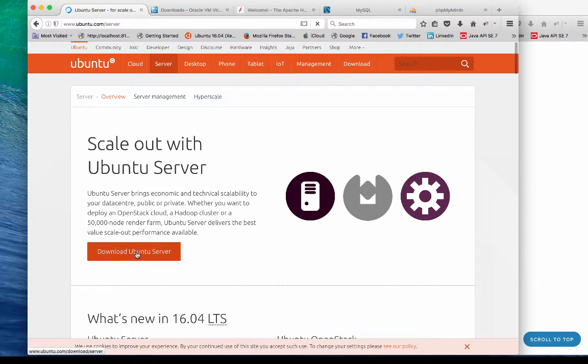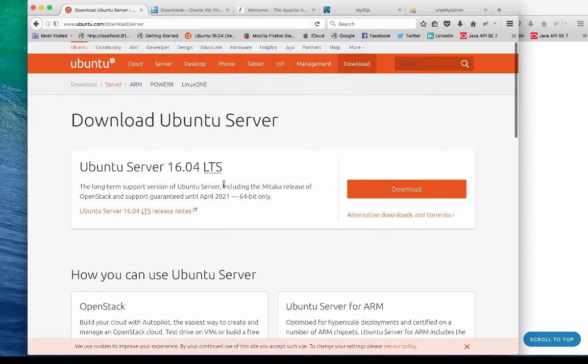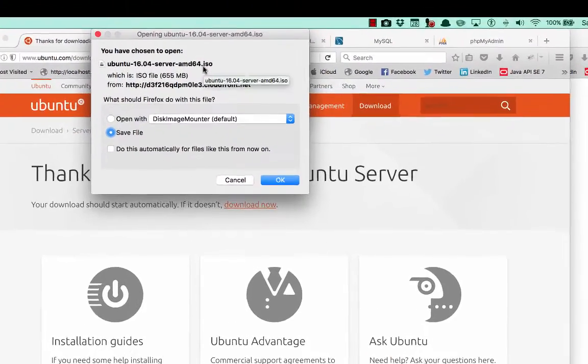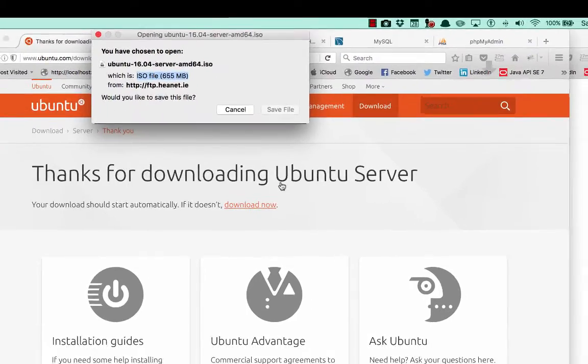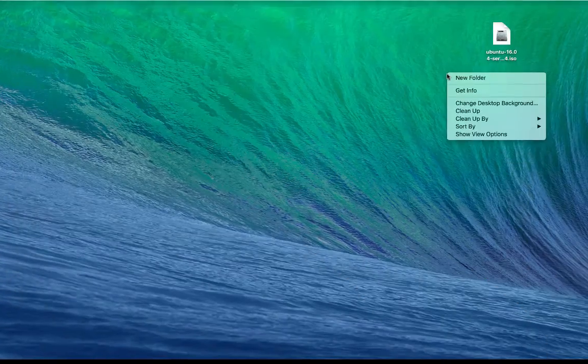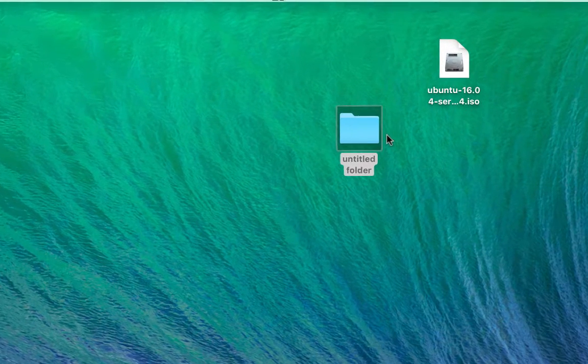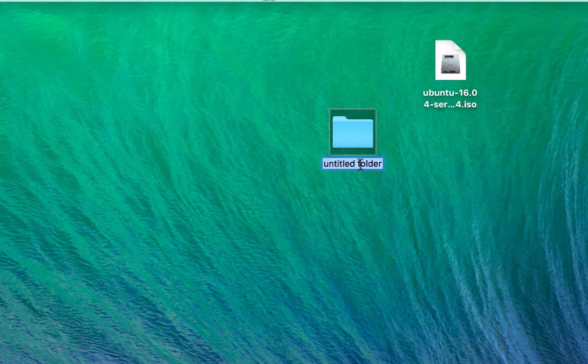To get the latest version of Ubuntu Server, go to the Ubuntu website and click on the Server tab and download the latest version, which is 16.04, and it will download an ISO file, which I will save to the desktop. LTS versions are released every 2 years. On the desktop, create a new folder called VBox Share, which we will use later to add content to our